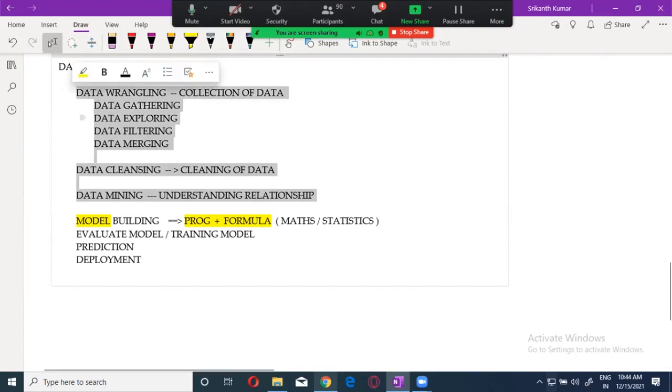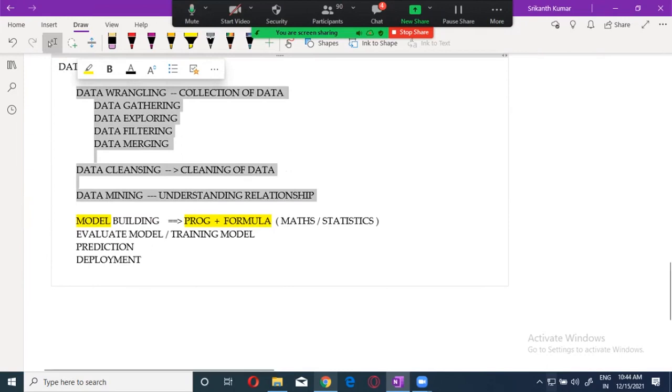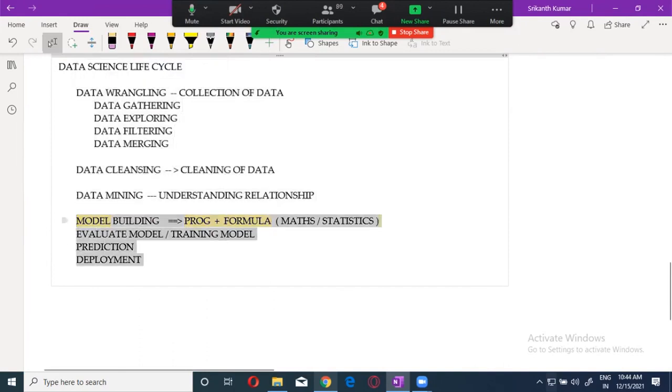Data collection, and this total process is called data analysis. This three-step process is called data analysis. Now these three, plus this fourth one, is called data analytics. Based on the data, you are going to predict the future. That is what is called data analytics. Okay, guys, this is data analysis and this is data analytics. We are going to see the difference, not to worry about it.